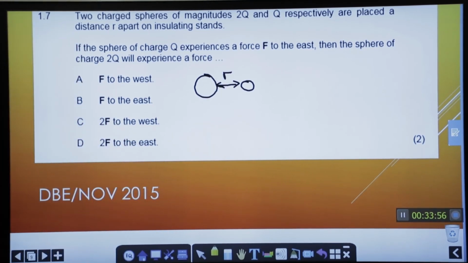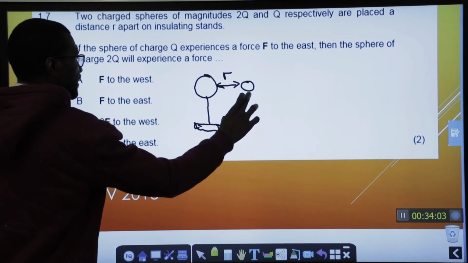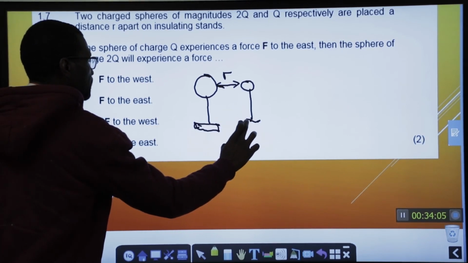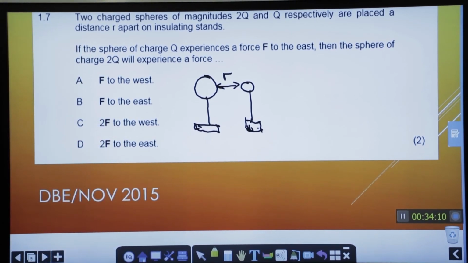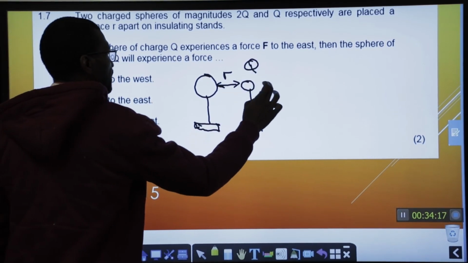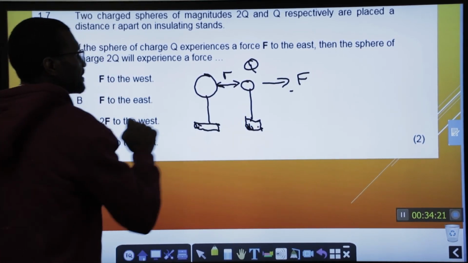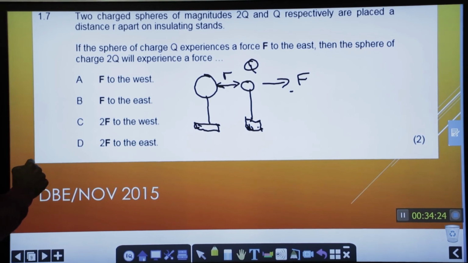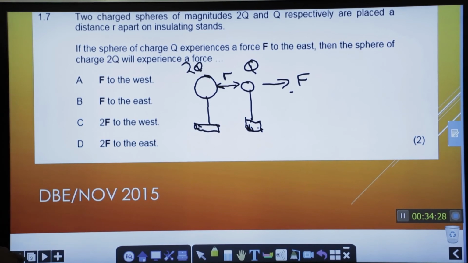Right. And on an insulated stand, why insulated stand? So that they do not pass on their charges to the ground. All right. If the sphere of charge q experiences a force F to the east, so let's say that's q, and it experiences a force F to the east, and the sphere 2q, all right, will experience a force of,